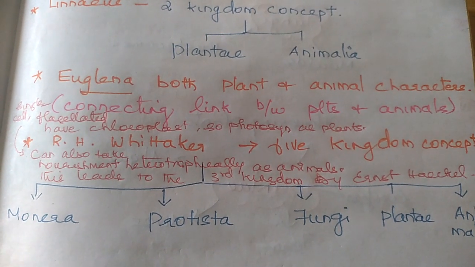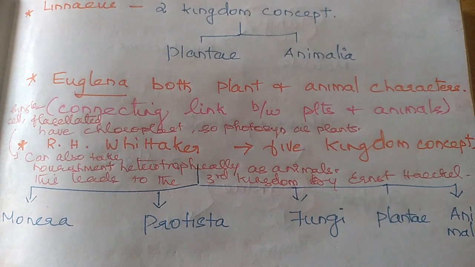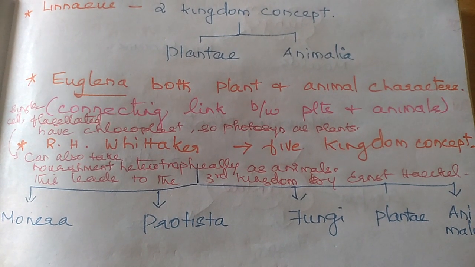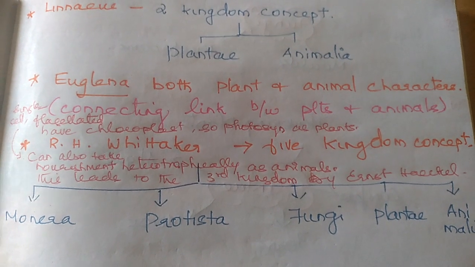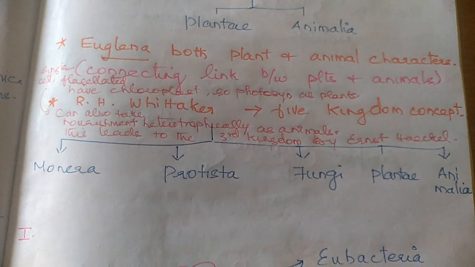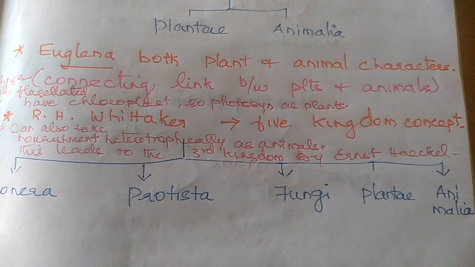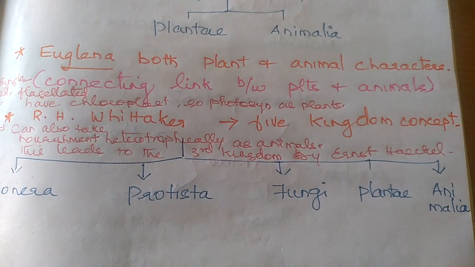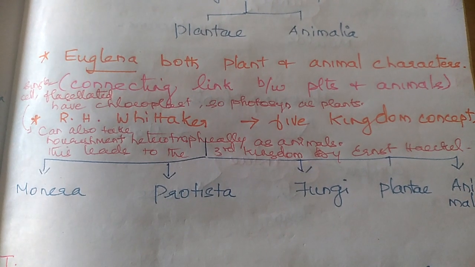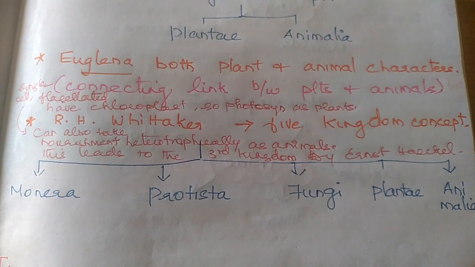And the next important kingdom concept is R.H. Whittaker's. So R.H. Whittaker proposed the 5 kingdom concept. So he divided the living organisms into 5 kingdoms, namely Monera, Protista, Fungi, Plantae and Animalia. In order to remember in order, you can frame a rhyming word,